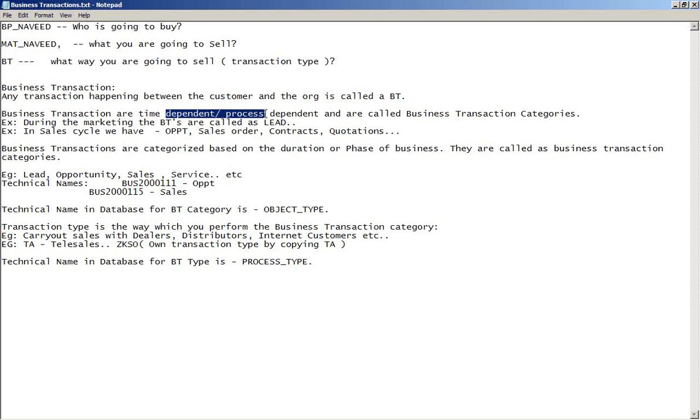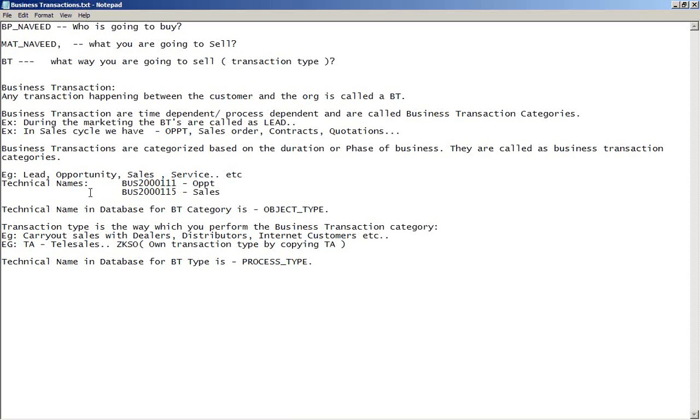These transaction categories are phase dependent, and they are given technical names like this: BUS2000111 is for opportunities, 115 is for sales, likewise 108 is for lead.